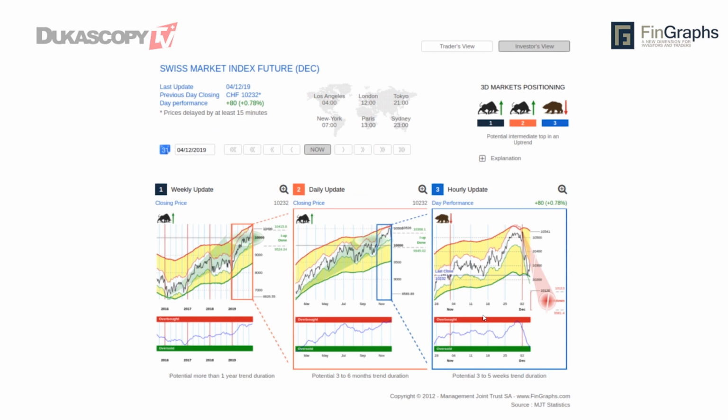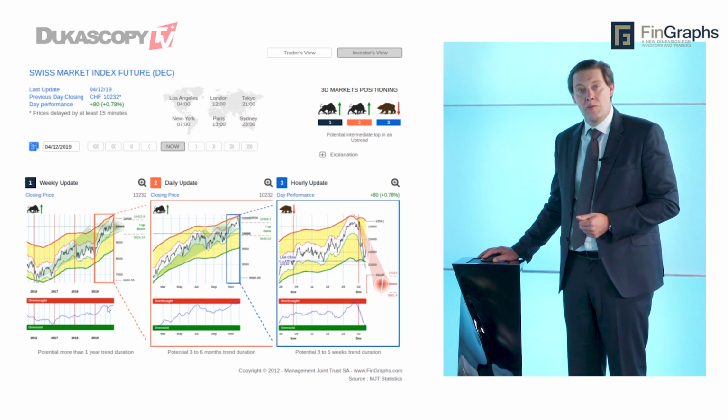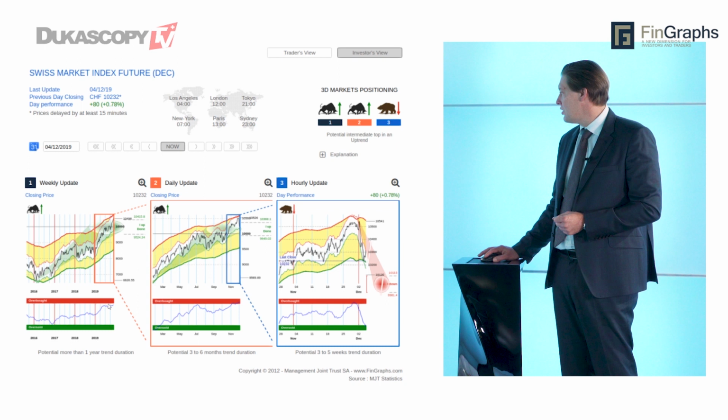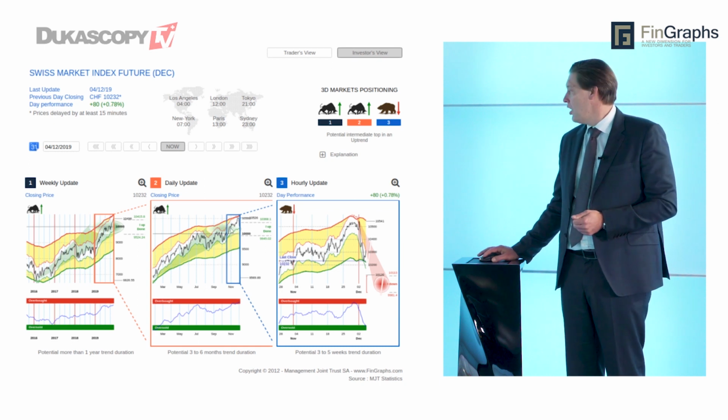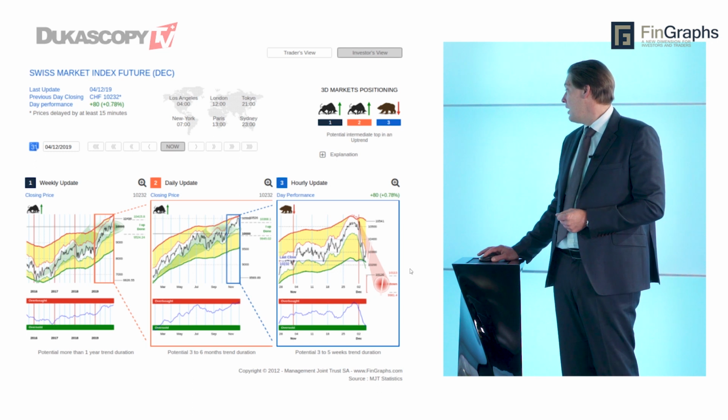Finally, we look at the Swiss market index future, also on an investor's view. It is still uptrending on our weekly graph, maybe slightly expensive in terms of targets, but our risk index is still not overbought yet, so that leaves some leeway to the upside over the next few quarters. On the daily, we can see that we have reached our targets to the upside. Envelopes are touching each other. We are pretty much also in a situation of an intermediate top in our view, and then the hourly has